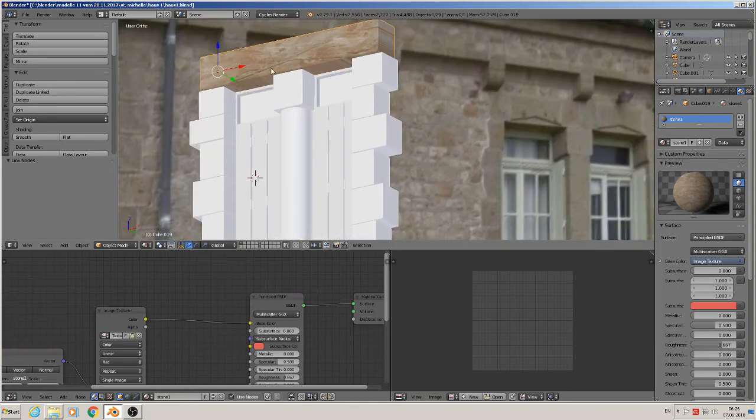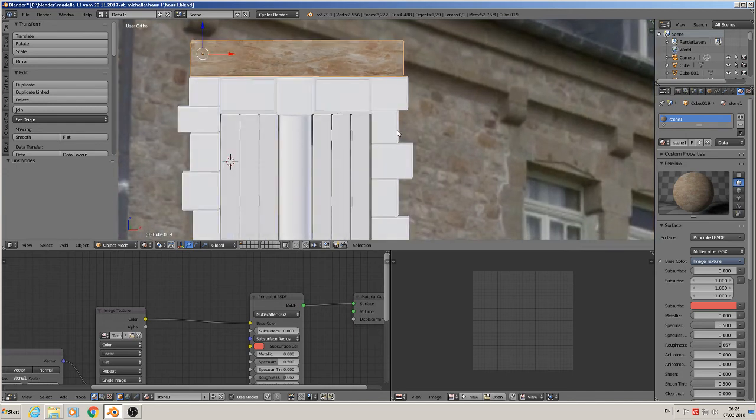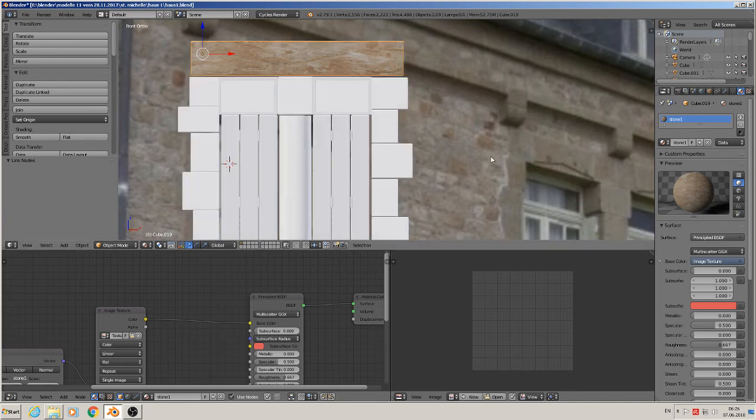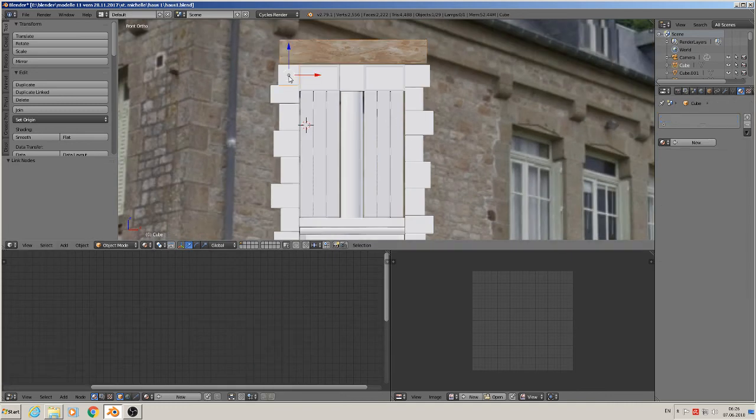And you see this effect comes there too. Here this part is because the unwrap is stretched. So there you can make another unwrap, or you let it, because we will see that only from front later. That makes no difference. So this stone 1 material, we make now here stone 2, new